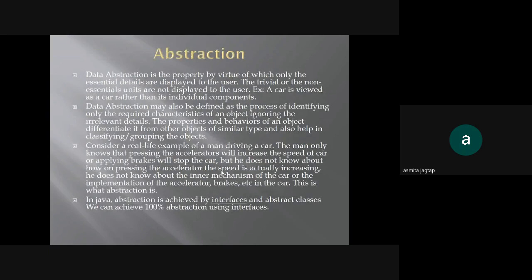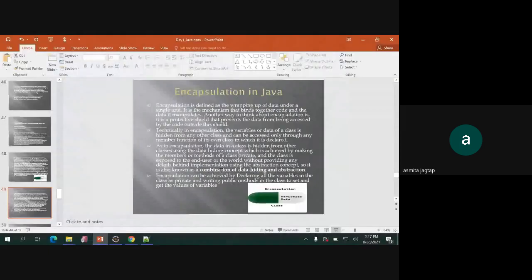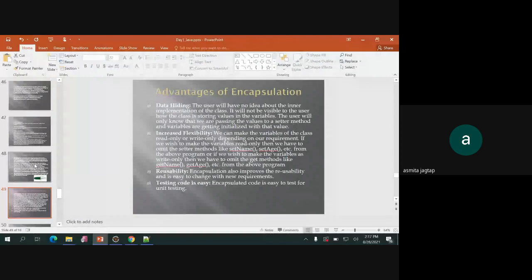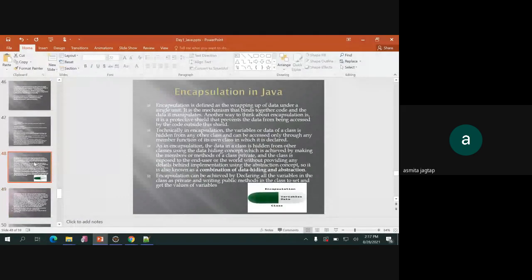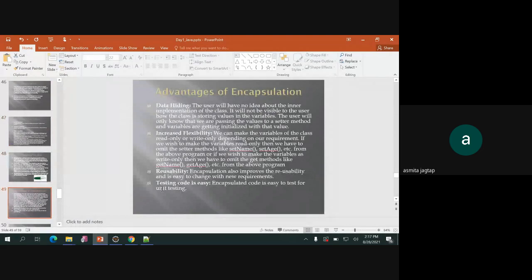So this is about the encapsulation. These are the advantages of encapsulation. Data hiding is the main purpose of the encapsulation. Okay, and the next thing about encapsulation is that it increases the flexibility and reusability. These are the three features. Okay, so